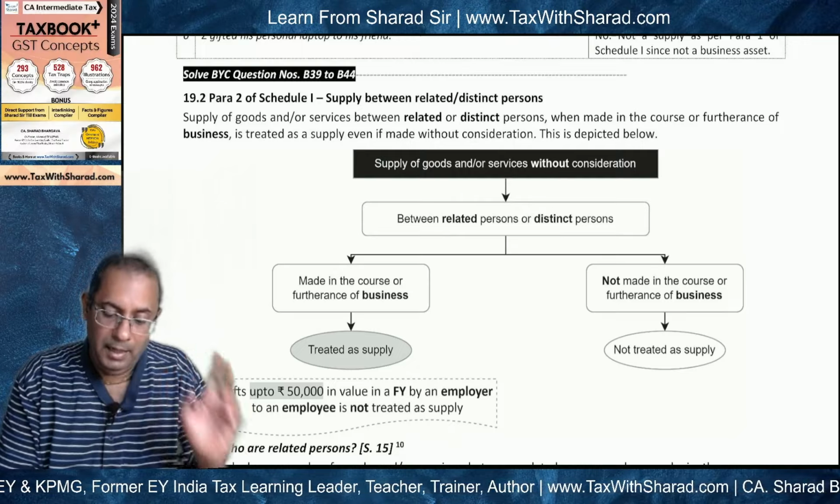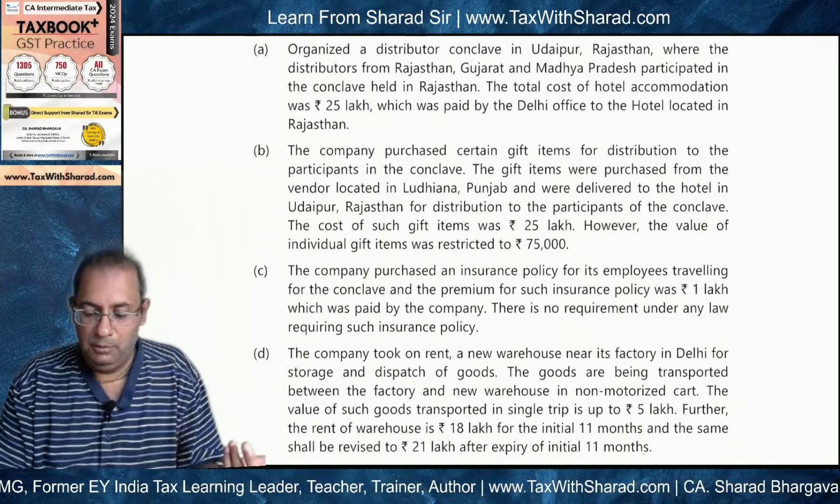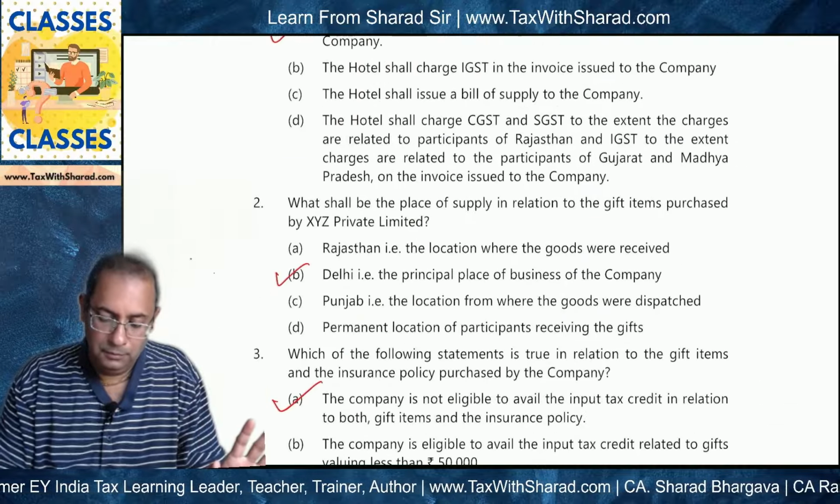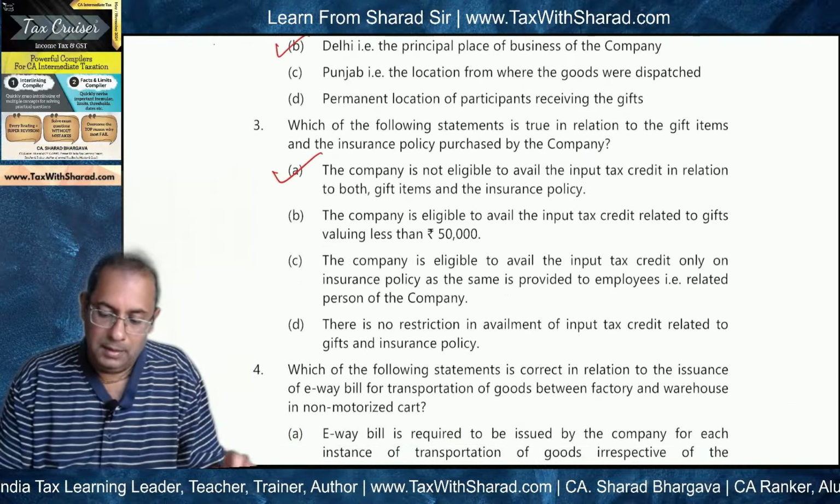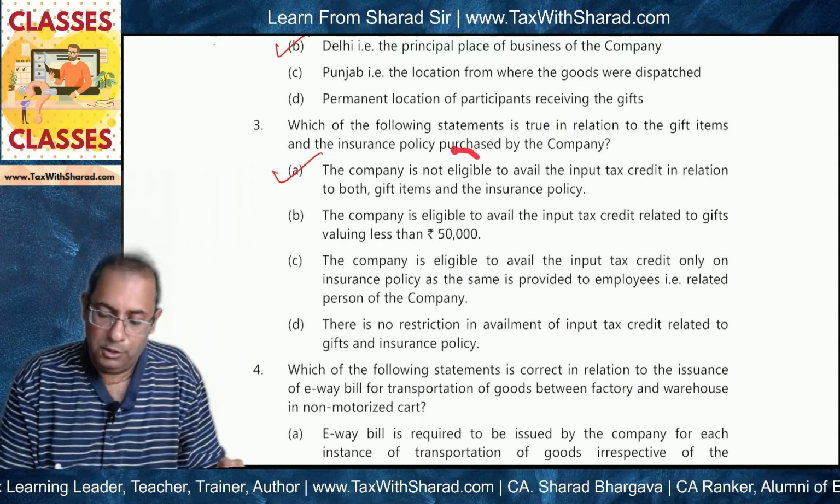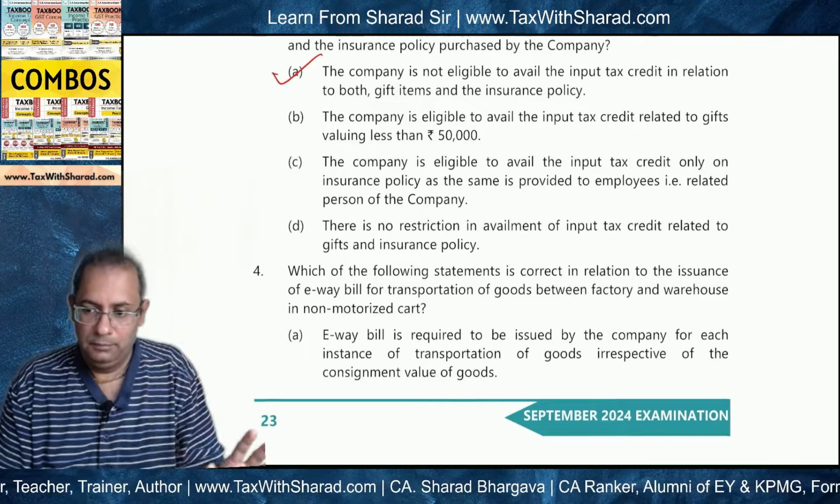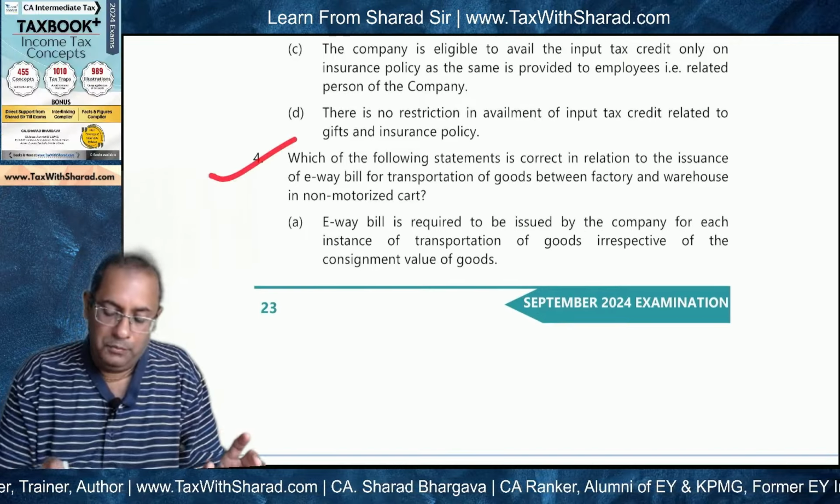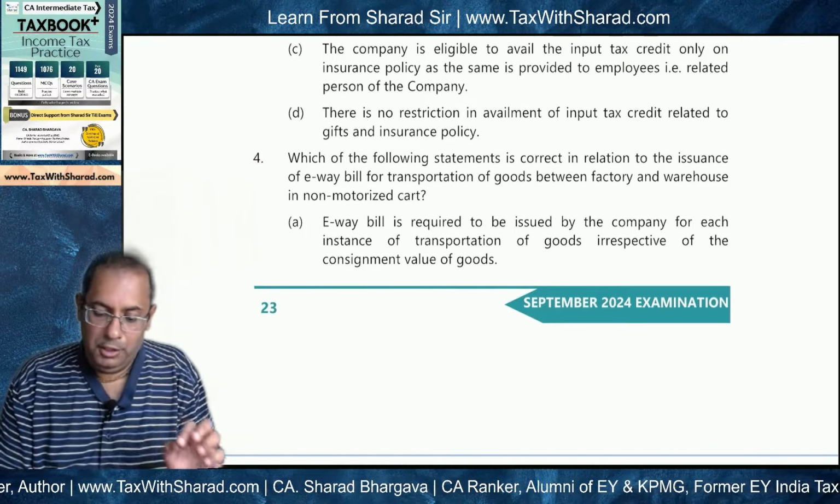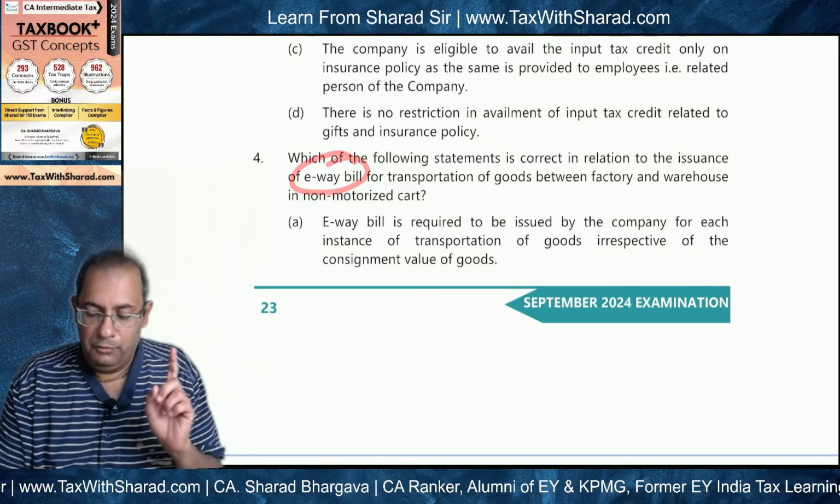Since it is not a supply, what will be the position? ITC will be blocked, ITC will not be available. So what will be the answer? No, the company is not eligible to avail ITC in relation to both gift items and insurance policy. Correct? Next, which of the following statements is correct in relation to the issuance of e-way bill for transportation of